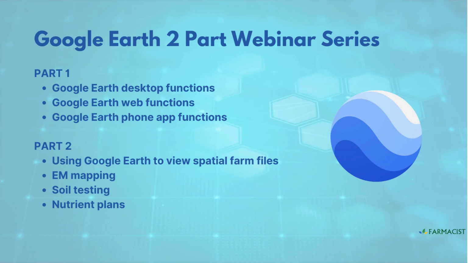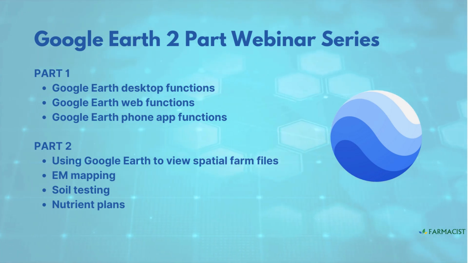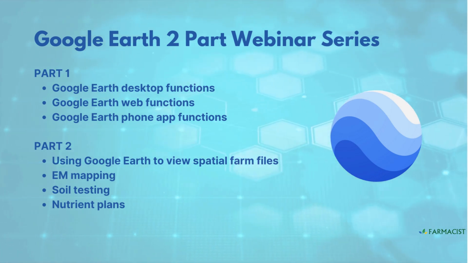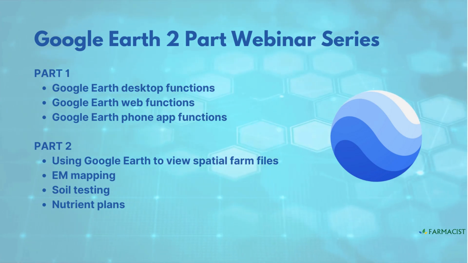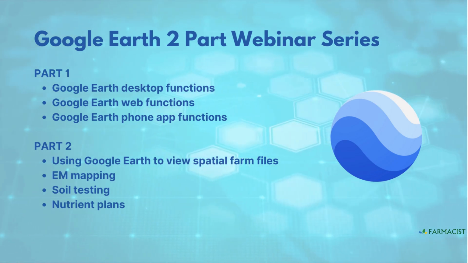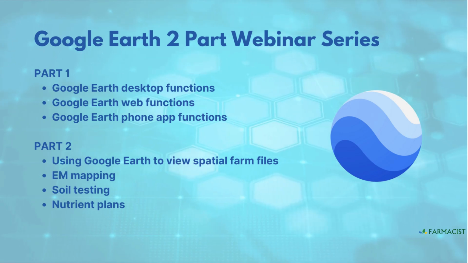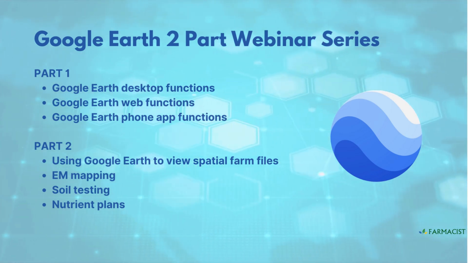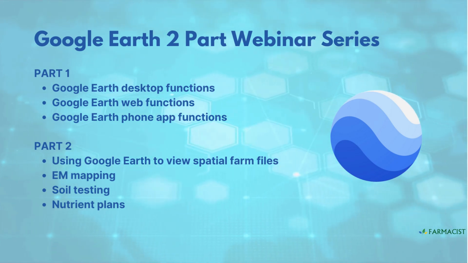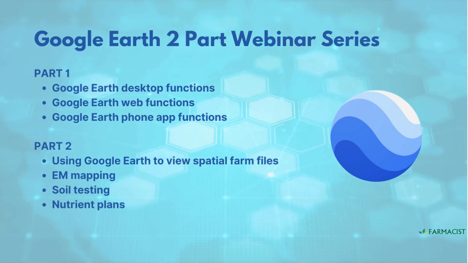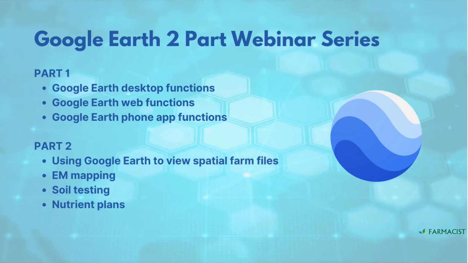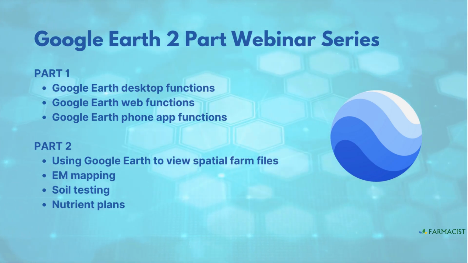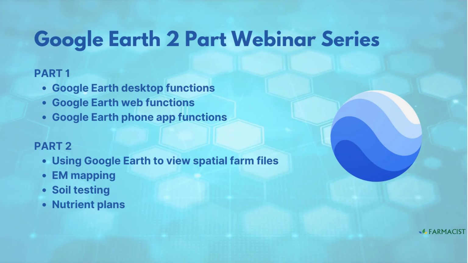This is the first webinar in a two-part series. Part one is going to be going through just the basic Google Earth Web and Google Earth phone app functions. If you are aware of all of these features, you can skip straight to part two, which is then going to be looking at some of the spatial files which Farmacist has provided to growers